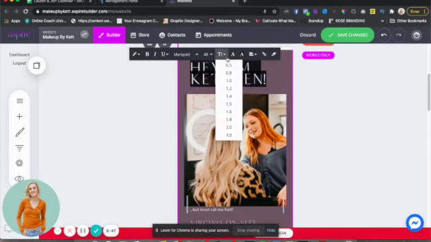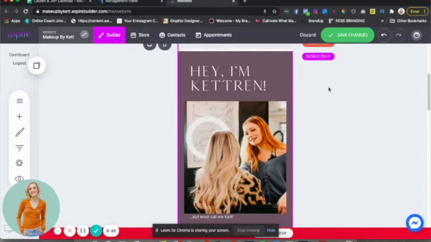Maybe we need some spline height for this so it's not so close. So there,